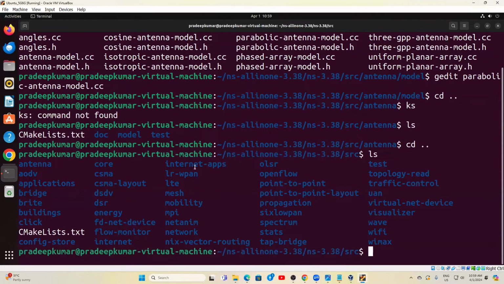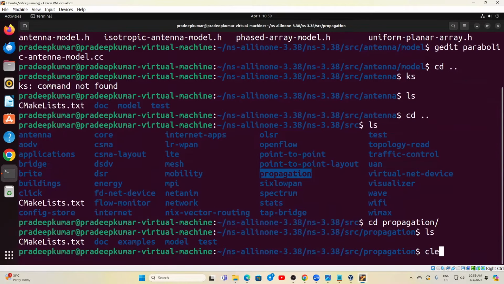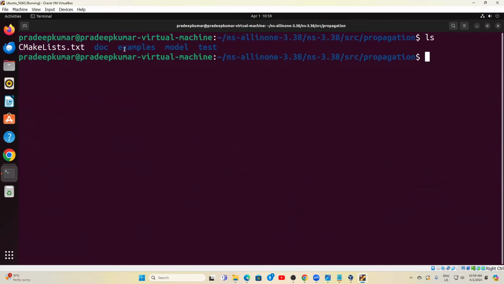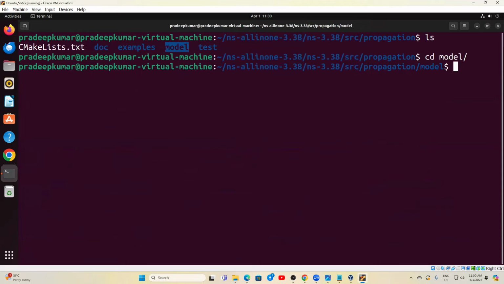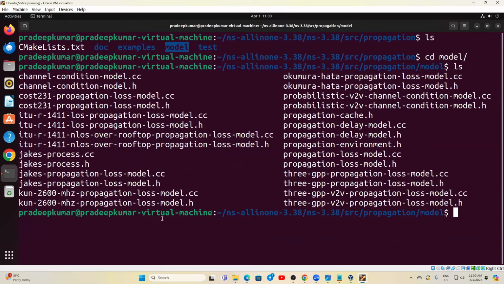Now let's say I go with the propagation model. So I'm going into propagation. Here you can see I have examples, model, test, and doc. Now let me go into model. Now you can see the different propagation models here. We have propagation loss models and propagation delay models also. So you can see